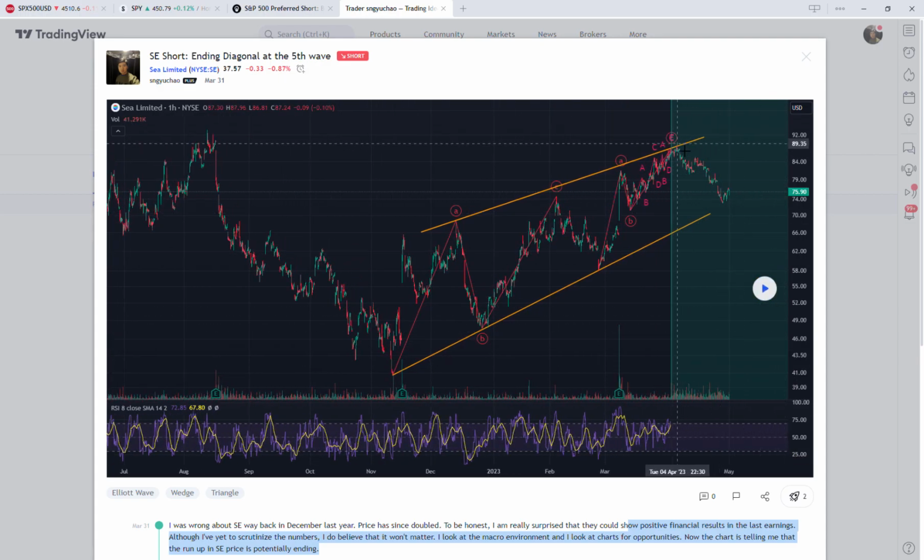Okay, so let's see what happens since then. You can see over here, yeah, it did move down, although it's not that fast. But it hasn't recovered since. Okay, so it actually rested very nicely on this trend line. So I will probably do another analysis of C limited again when I have time.